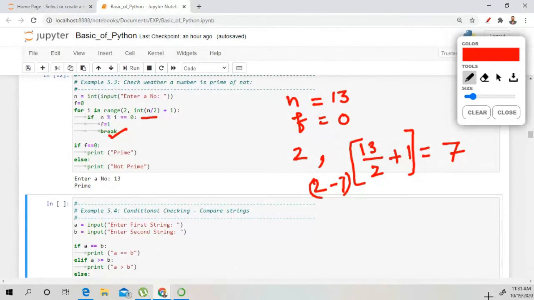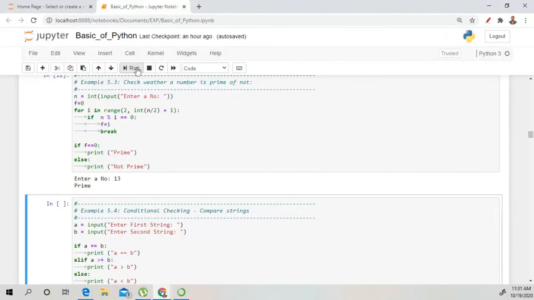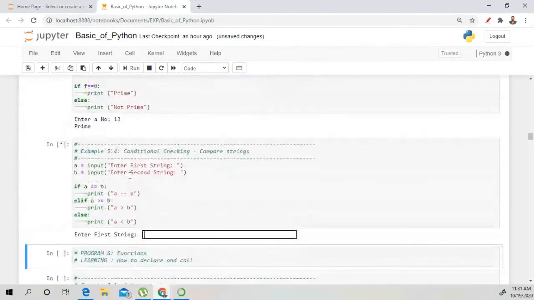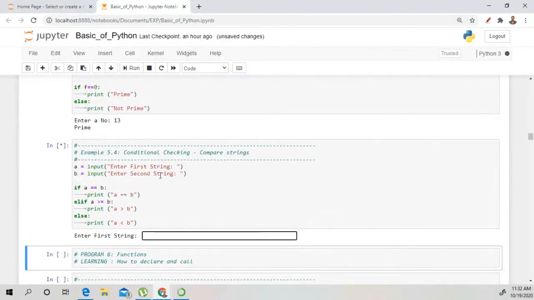Okay, we have to check only for equal to 0. If the remainder is equal to 0, then we have to show whether this is a prime number or not. Okay, if it is completely divisible by itself, then it shows prime or not prime. Okay, let's execute the program again. Next program is executed.